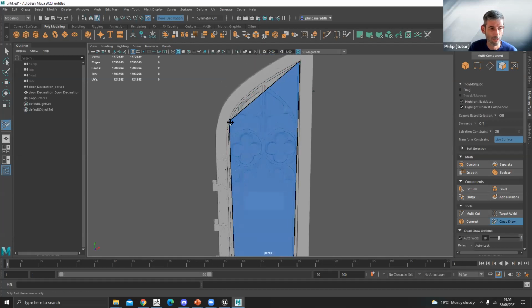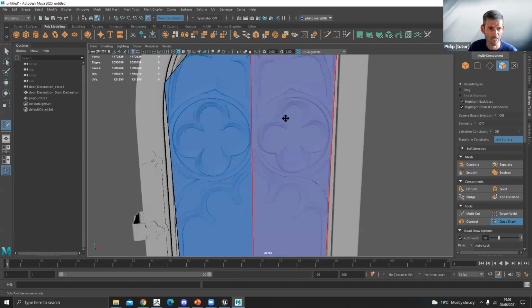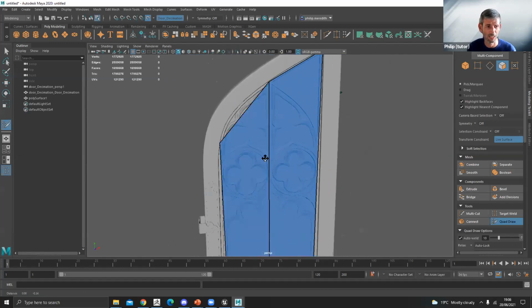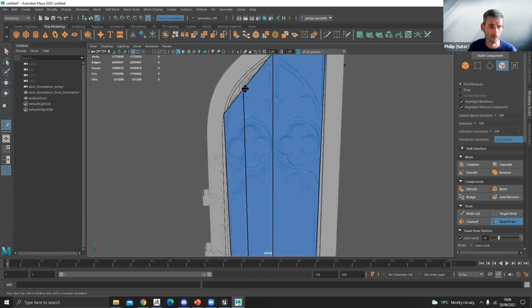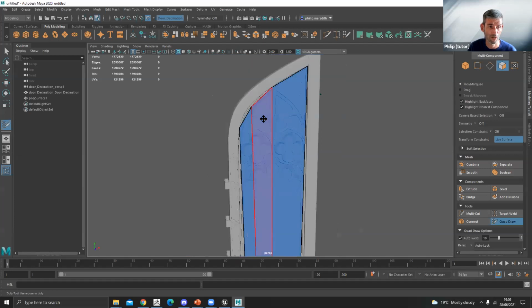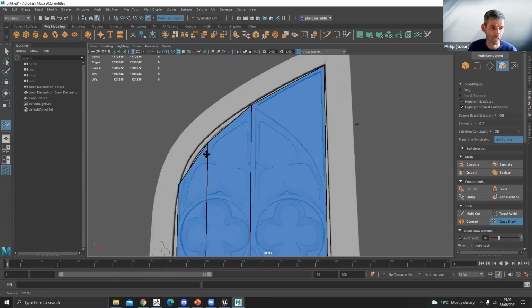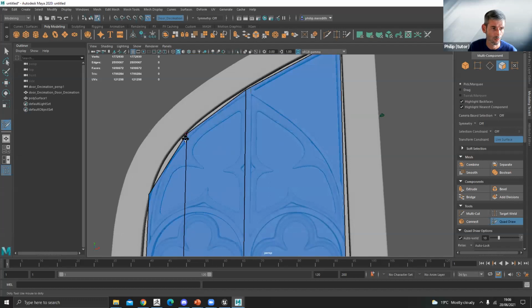But yeah, I only really need to capture this section on a flat plane, which is far cheaper than if I was to try and even if I manually redraw all of that, it would still end up at quite a high poly count. But I can do a much cleaner version just by manually plotting out these points and really controlling where my edges are going to go. Maybe I can start to go around there, but